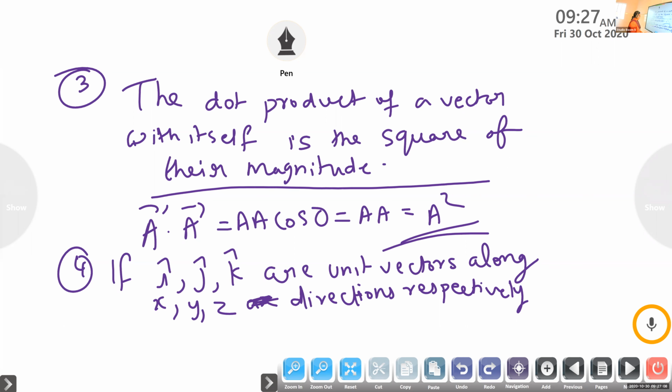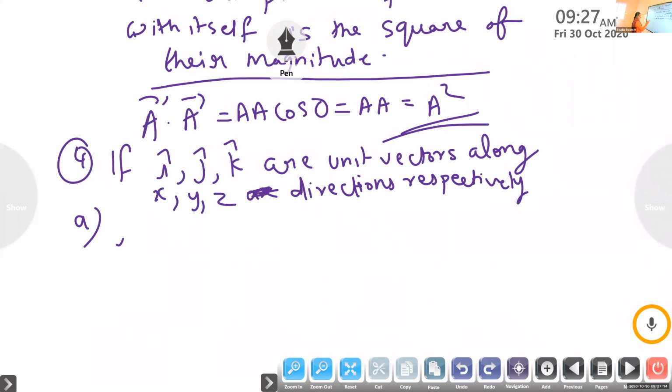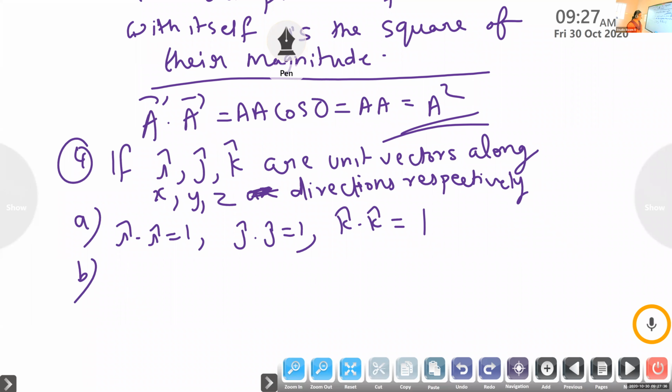Okay. So first one, we can have i cap. I am writing everything together because all these values are the same. If you find the dot product of 2 unit vectors, i dot i is 1, j dot j is 1, k dot k also 1. In the textbook, some are given, but some of the products are not given. So please copy down.